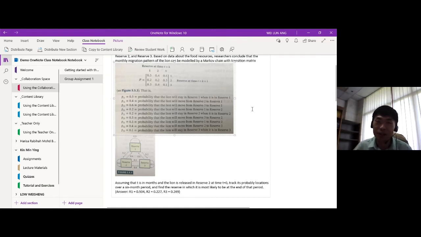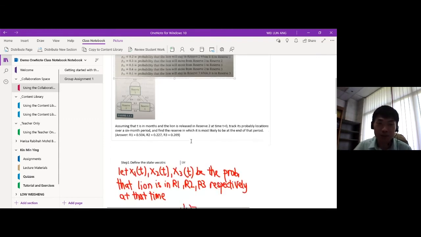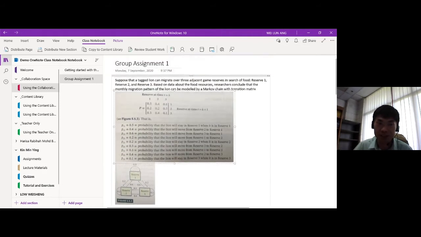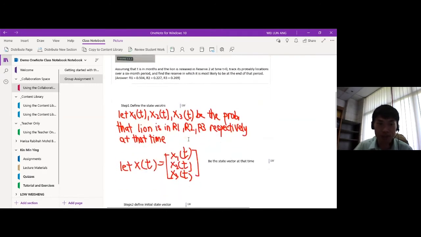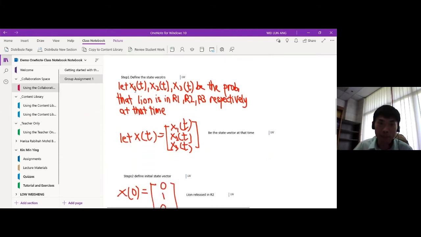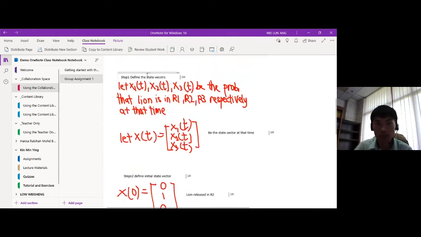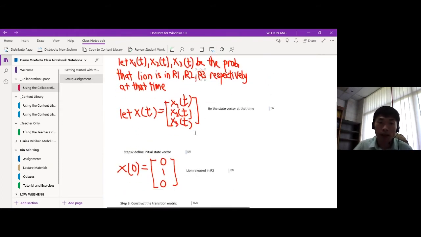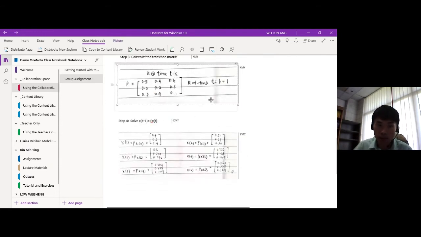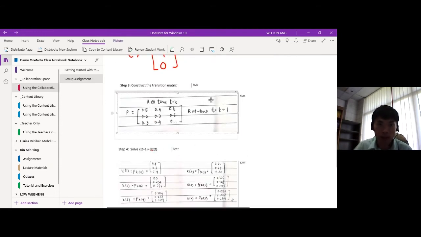Right. So I just utilize the insert image function. I just screenshot from the book, and we fully utilize the text and insert image functions here. So the students will work on the solutions. They solve it, and then they can use text, they can use inking, and they can use insert from the manual calculation and so on.